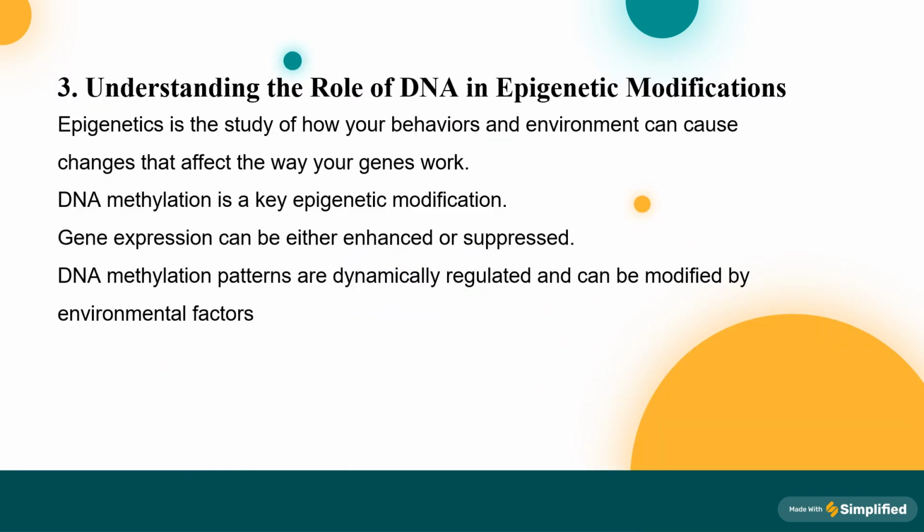Understanding the role of DNA methylation in epigenetic modification. For example, if there is a skin cell, only a specific region of that skin cell's DNA must be translated, so we add a methyl group at that region. So only that specific sequence gets transcribed and translated, and the protein of our desired function can be formed. That's the role of DNA methylation in epigenetic modification.